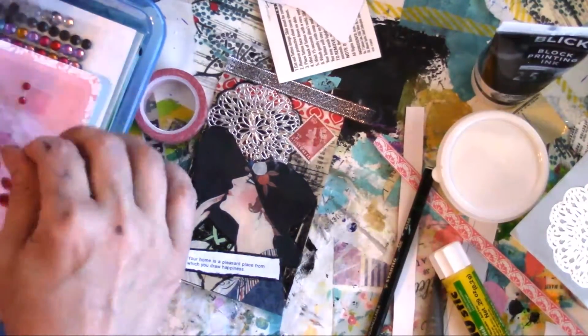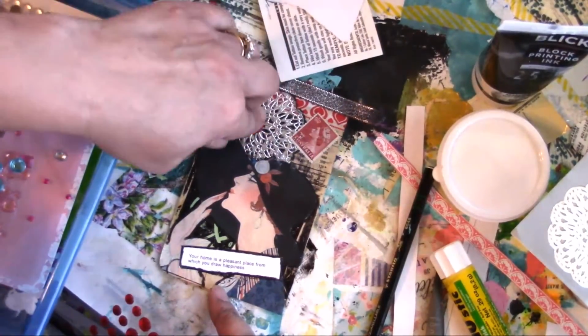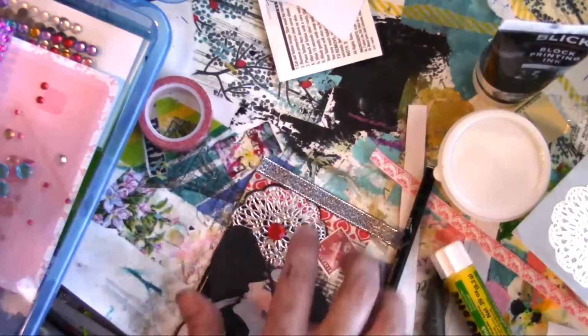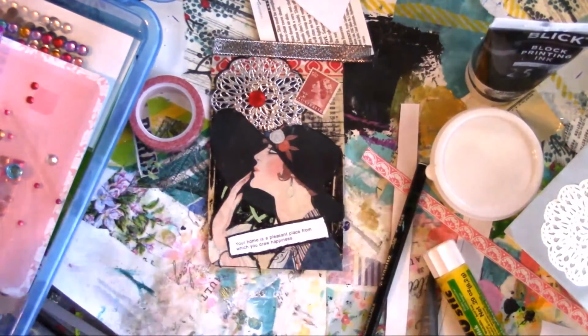Okay, so I'm going into my bin where I keep some of my gems that have adhesive on the back. So I went ahead and used one of them in the middle of that doily sticker that I had. And next,